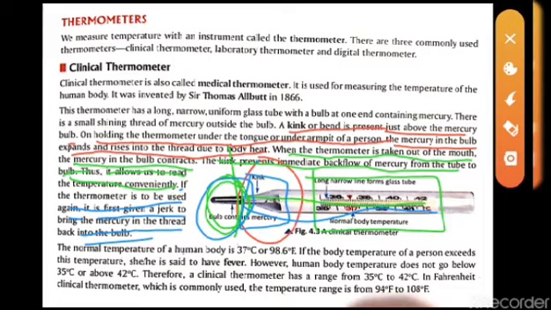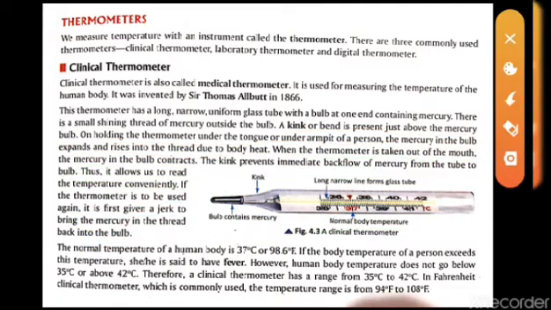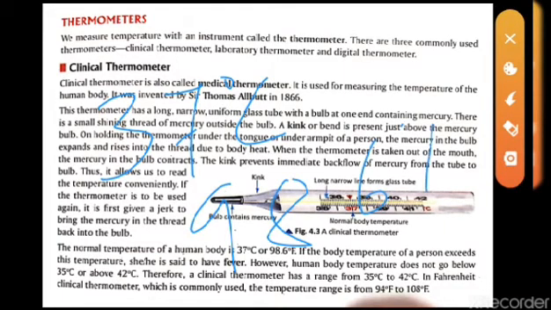Here some normal body temperature is also given. The normal body temperature in centigrade is 37 degrees, and in Fahrenheit it is 98.6 degrees Fahrenheit. So if the body temperature of a person exceeds this, that means they are having a fever, or the body temperature rises and they are having some problem in their